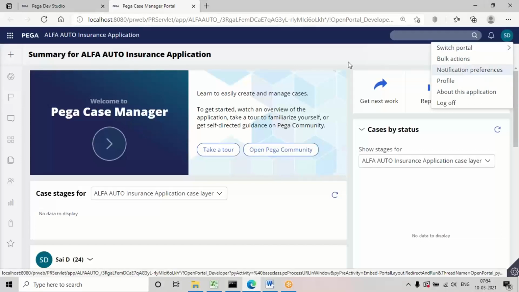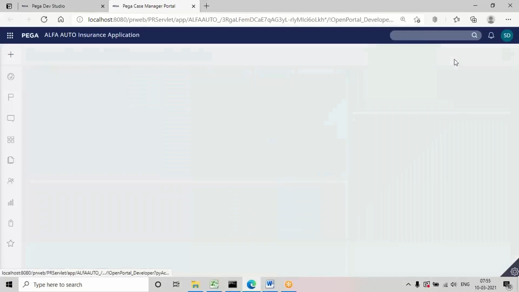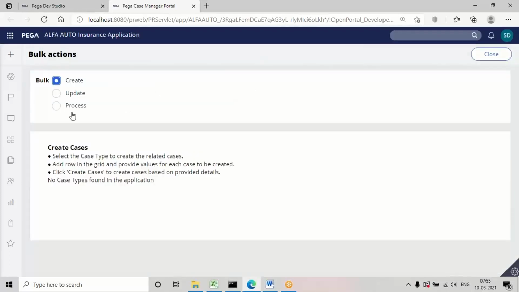Managers or your team leads will have access to transfer the task from one person to another person, or from queue to a person, or operator to queue, or operator to reporting manager. They have some options to transfer the task. For that, they need to go to operator bulk actions. This is the manager portal ID. So if you go to this process,